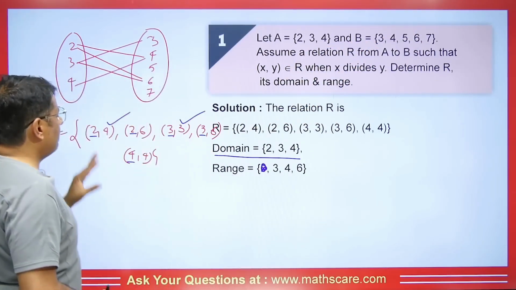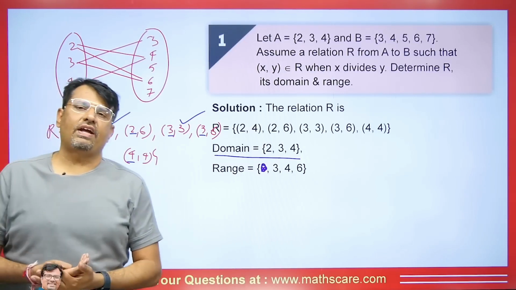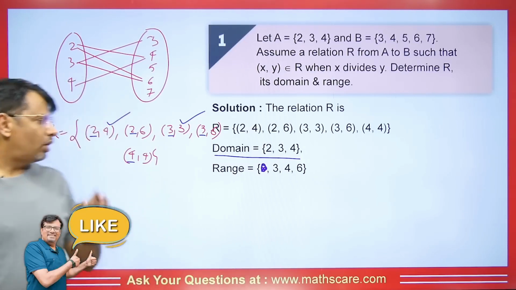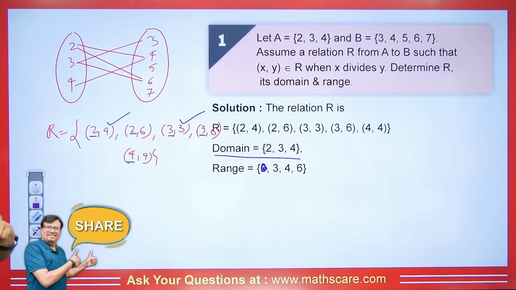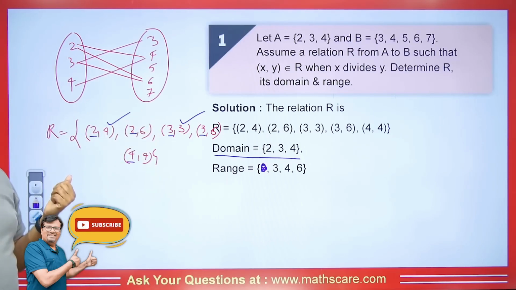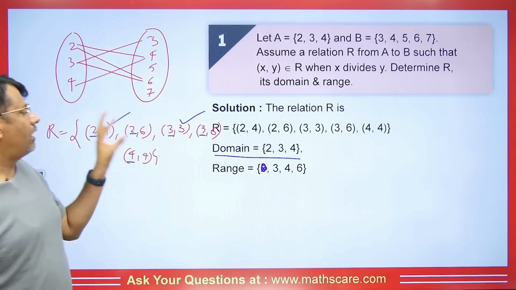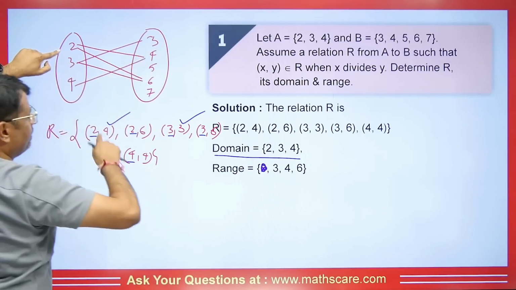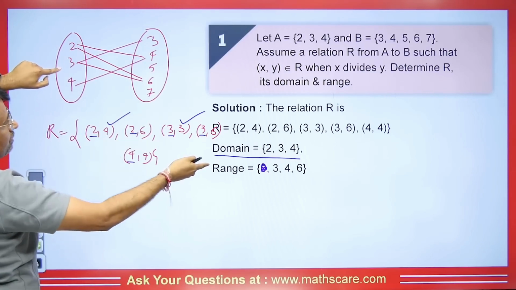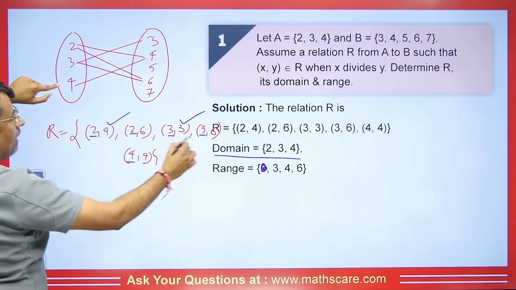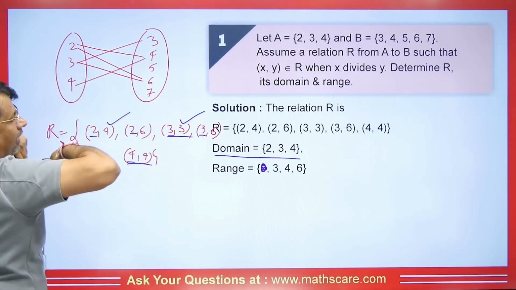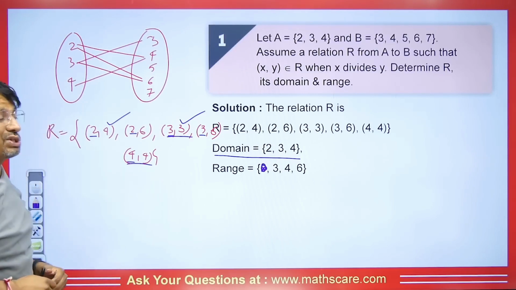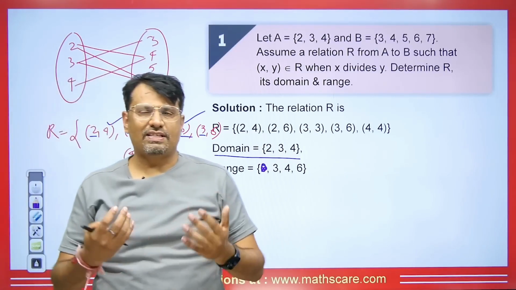Now you have to find whether this relation is reflexive or not. For it to be reflexive, (2, 2) should be inside it. It's not coming. (3, 3) is coming. If 6 is coming, then it should be (6, 6), right? So we need to see if this relation is reflexive or not. If it's 2, then (2, 2) should come, not coming. If 3, then (3, 3) should come, it is coming. If it's 4, then (4, 4). Look, this is coming, this is coming. If (2, 2) would also come, then this relation would become reflexive, but this is not reflexive.